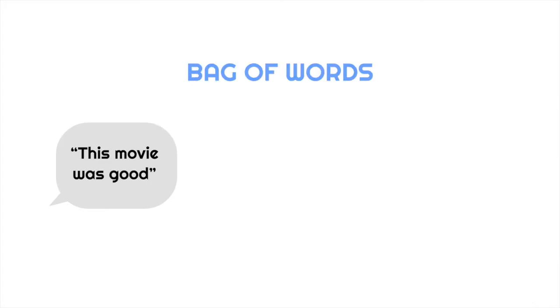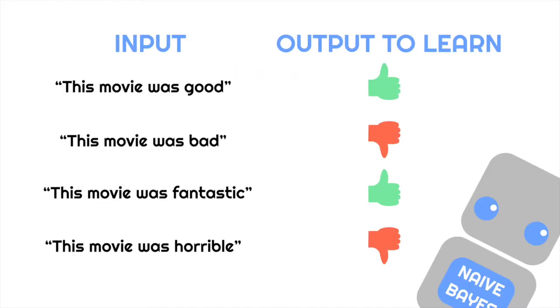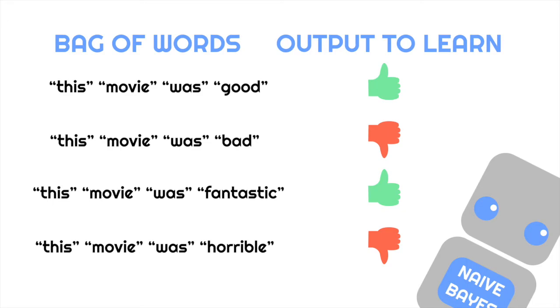One of the simplest forms of naive Bayes for NLP uses a bag of words feature extraction, meaning it takes the sequences of words, in our case, the movie reviews, and splits them into their individual words. It does that for all the movie reviews it was given. It then calculates the probabilities of each of the words it's learned, like fantastic, belonging in a positive review or a bad review. In our case, since the only occurrence that fantastic appeared in was in a positive movie review, it would say that a new movie review containing the word fantastic is very likely to be a positive review.